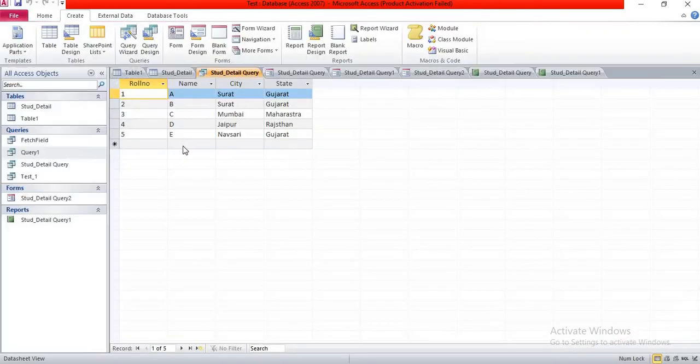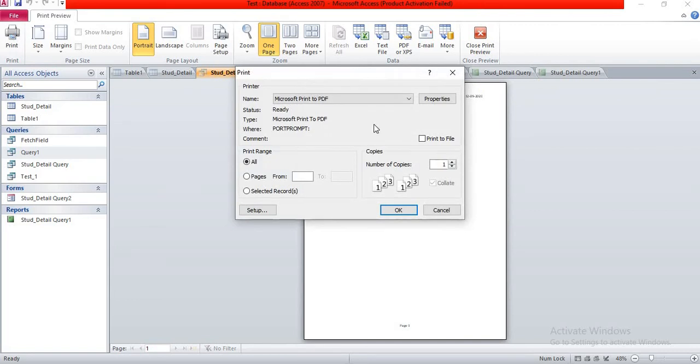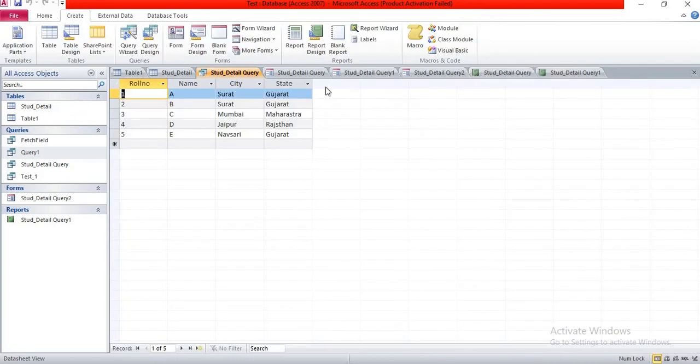Now print preview, you can see our data in print preview. Now suppose I want to print this, so I click on print and OK. So your data will be printed on paper. Now cancel, close the print preview option.